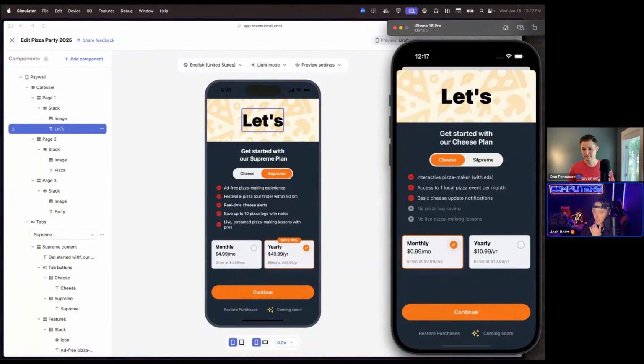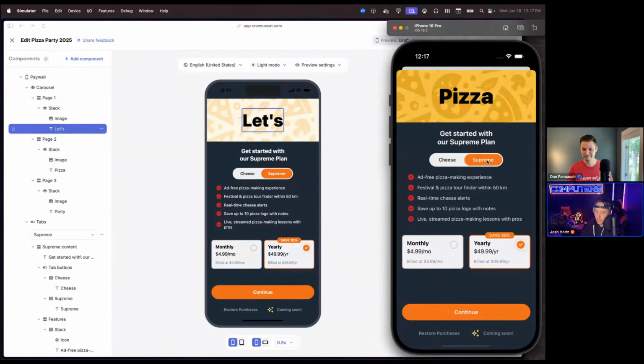Multi-tab working here. So user could click between monthly, yearly in the cheese tier, or go to Supreme and click whichever one they want in the Supreme tier. The continue button doesn't work because I'm in the RC iOS app. I can't actually purchase anything. But one of the things that we added for